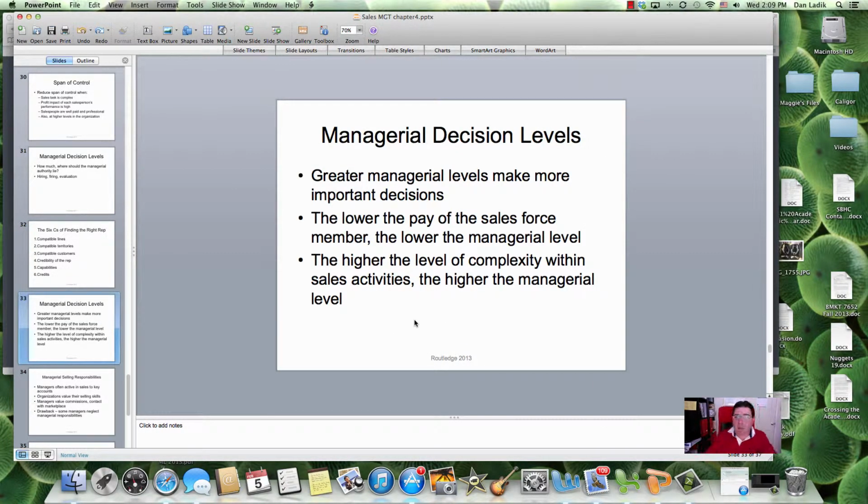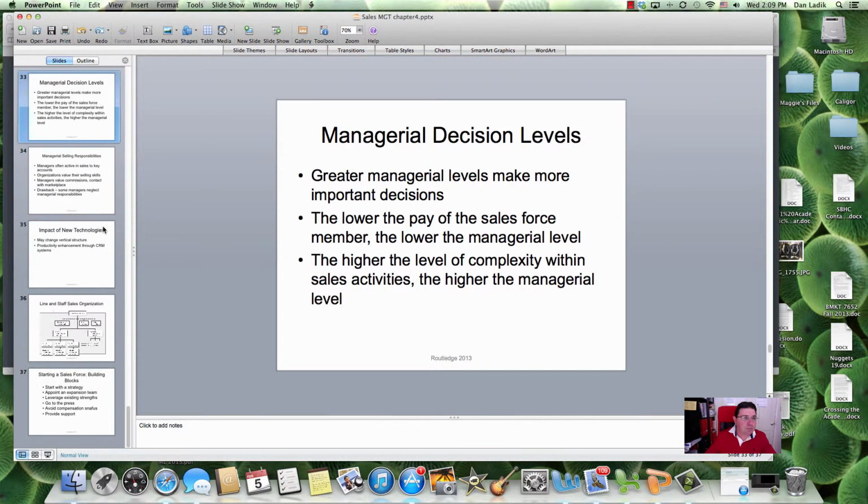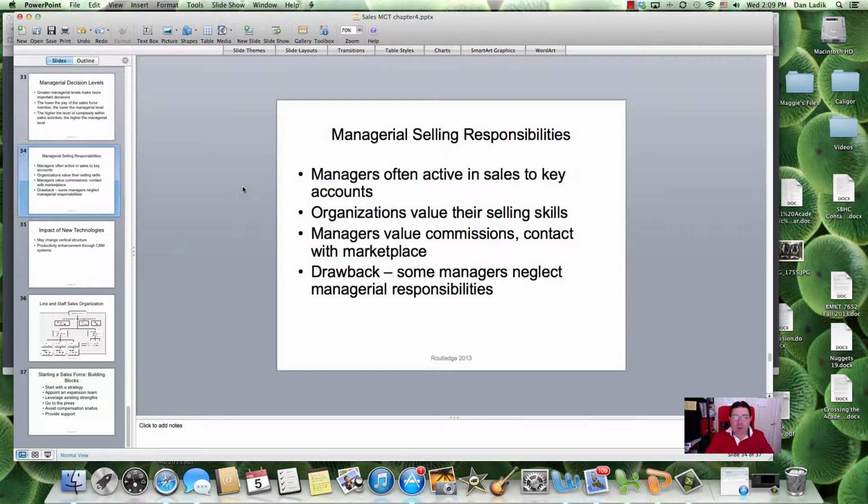As we wrap up the back end of the chapter, last couple slides, I think we already touched on this. Where does the decision lie? So when we think about managing selling responsibilities, it's often the managers that are coordinating with the salespeople to decide, okay, what accounts we're going to hit, when we're going to hit. Let's stay in this part of the state or the region and hit these clients. And then later in the week, we'll move and hit the ones all up in here. That tends to be some of the managerial